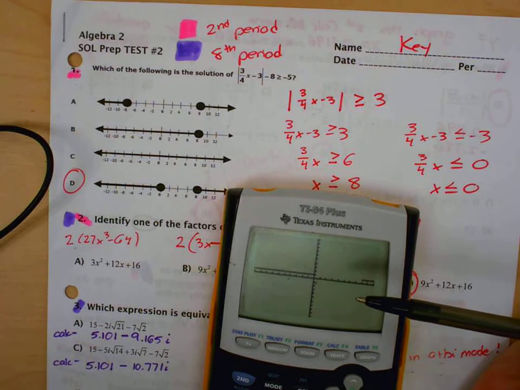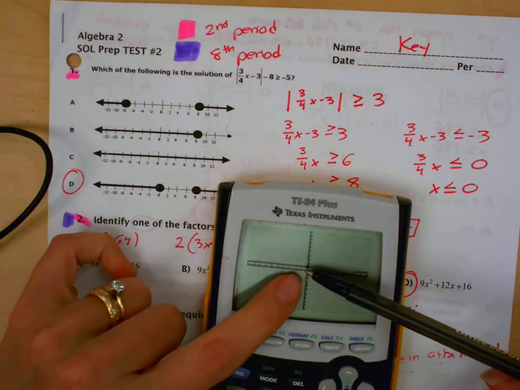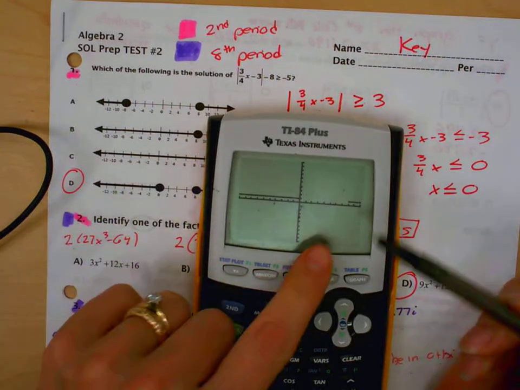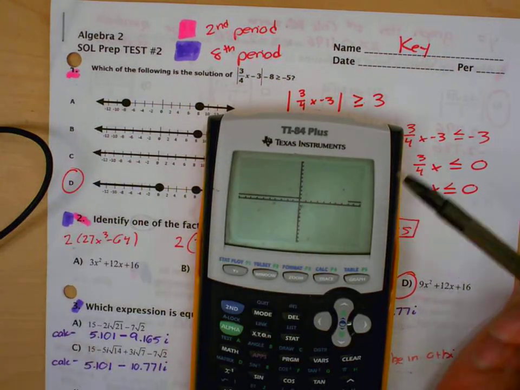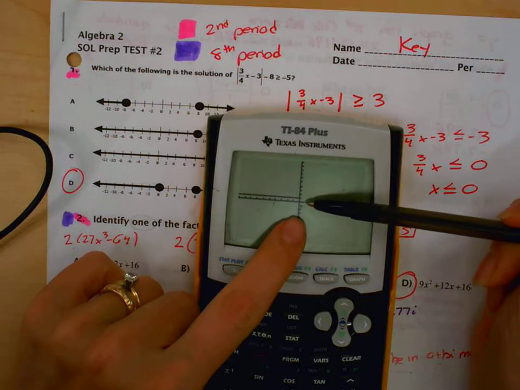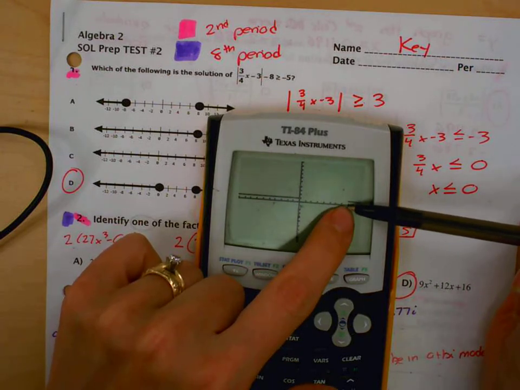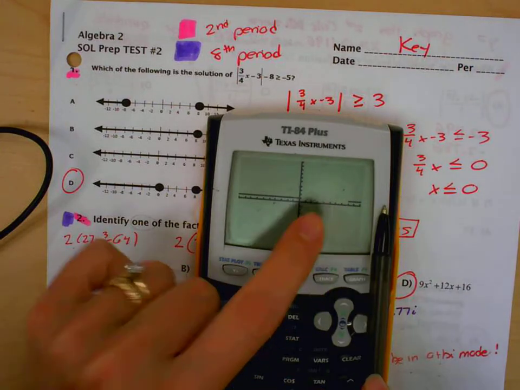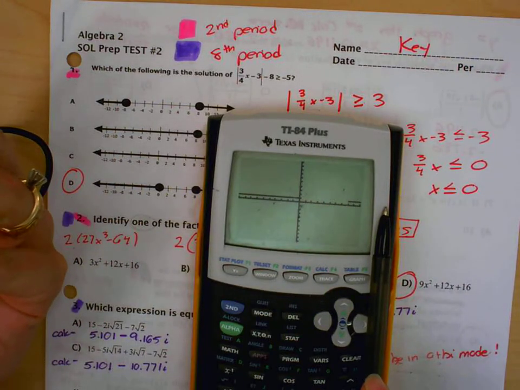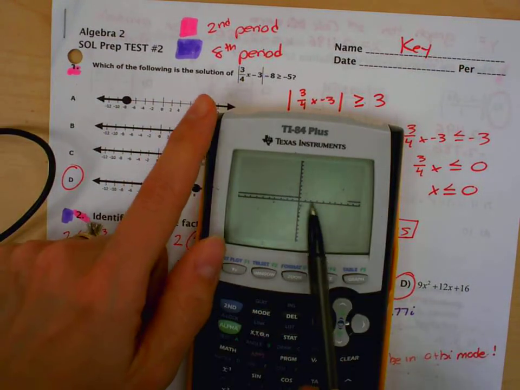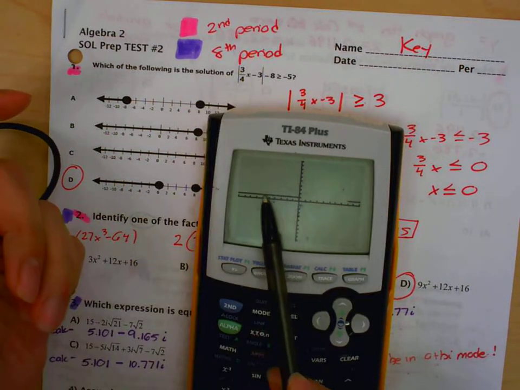I've got one here and one here. So it's more like a number line. You got to kind of think of it as a number line. So right here, I'm 1, 2, 3, 4, 5, 6, 7, 8. If you look, this is at 8. And the line is going to the right of it, which means I want numbers bigger than 8. This one here, if you look, is at 0, and the line is going to the left, so I want